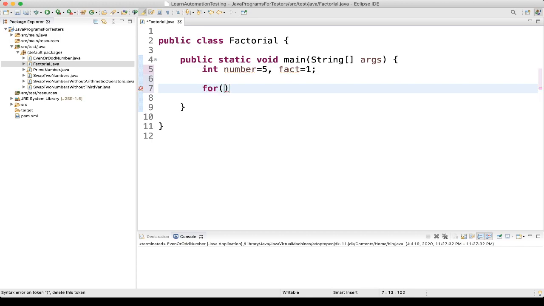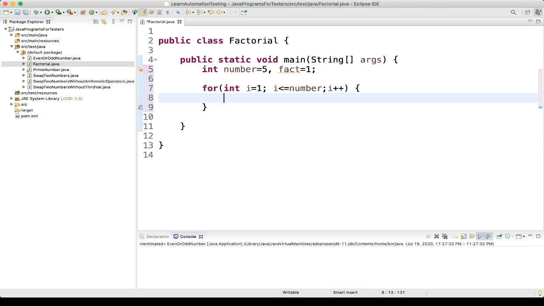For int i equal to 1, we'll start the loop from 1, then i is less than or equal to number, then i plus plus. What we'll write here: fact equal to fact into i.